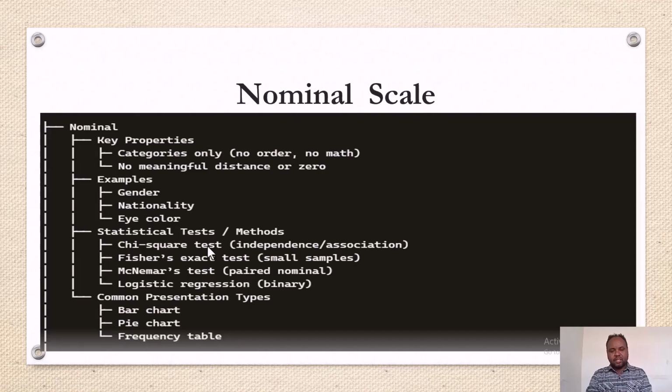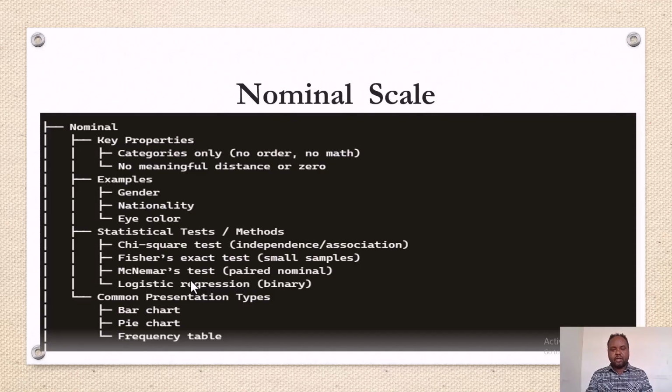What the appropriate statistical tests or methods with such scale is nothing but testing for association of two variables, where the two variables are nominal scale. For example, whether one variable has an effect over the other variable, we can test using chi-square test, right? This test is known as association test or independence test. Fisher's exact test for small samples, McNemar's test for paired nominal, and we may make use of logistic regression for